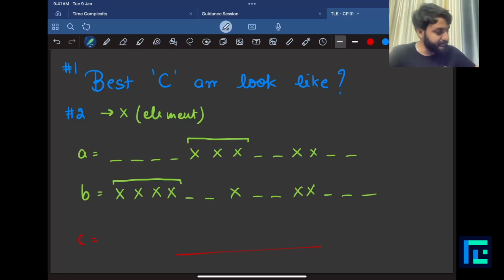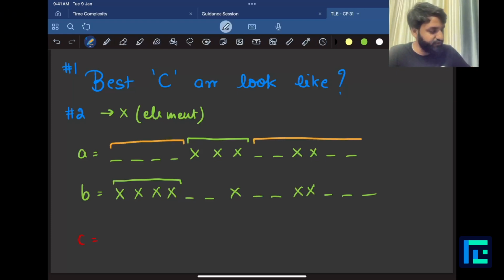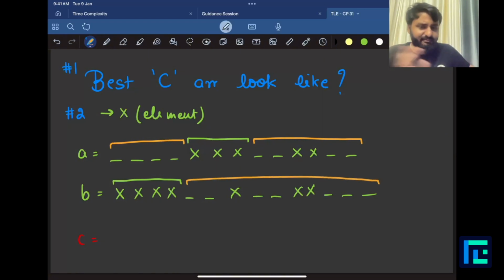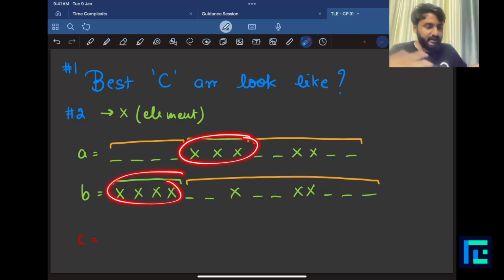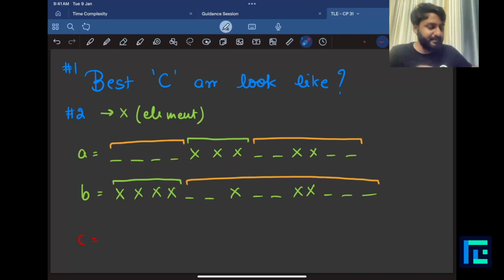Let's see how that is possible. Let's say this is the orange color left half. This is the leftover right half. Technically, I'm not bothered with the left and the right half. I'm only bothered with the green portion, that is the largest one. And let's say this is all that is there in the right half. Left part is of course standing. Now, I'll give you a very simple idea. If I want that this green and this green come together so that the subarray expands,